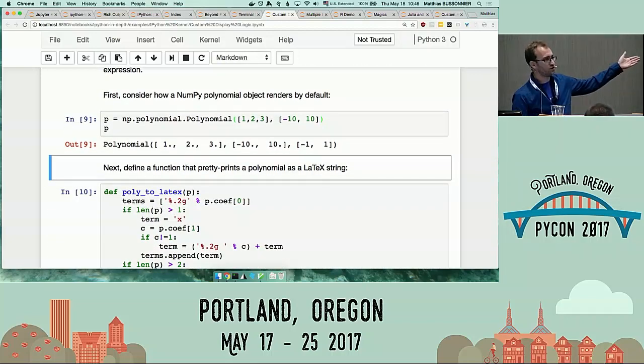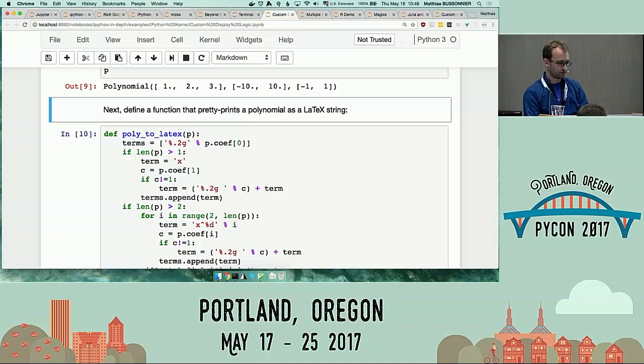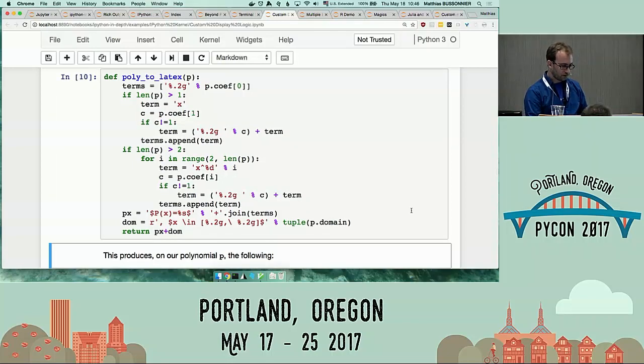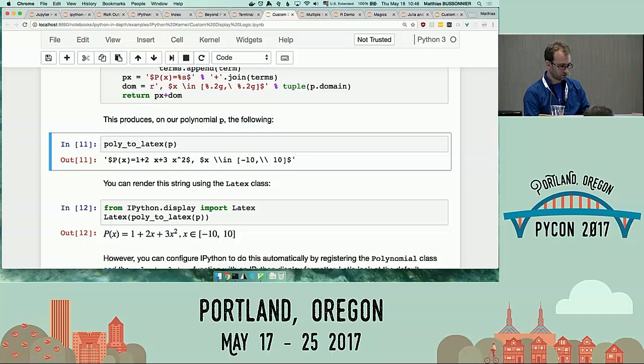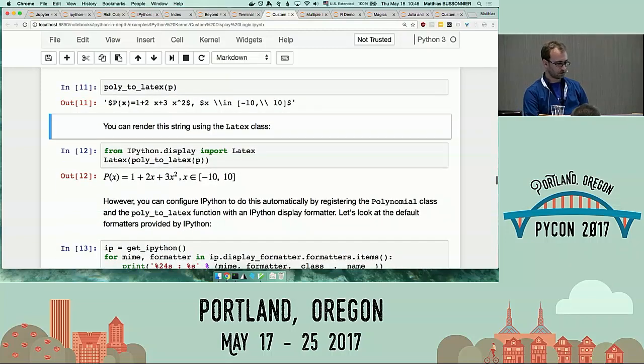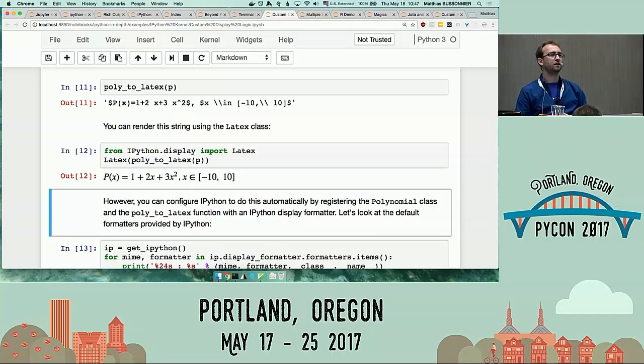I personally have issues reading that. You know that it's the value for each power of x. And you can say, well, actually, I want to represent my polynomial this way. So how to convert a NumPy polynomial to a LaTeX representation? You see that if you call it on the polynomial, it spits out nice LaTeX that is not yet represented. And now I can just pass that to the LaTeX function. And now I will have my nicely represented